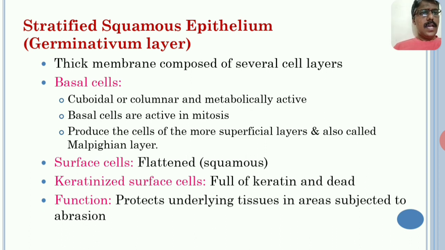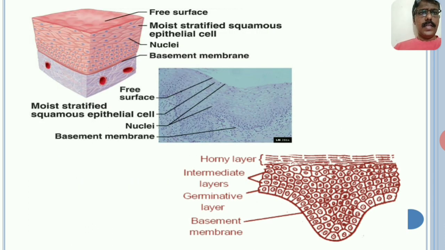Surface cells are flattened, also termed squamous. Keratinized surface cells are full of keratin and dead material. Function: protects underlying tissues in areas subjected to abrasion. Now, these are the structures